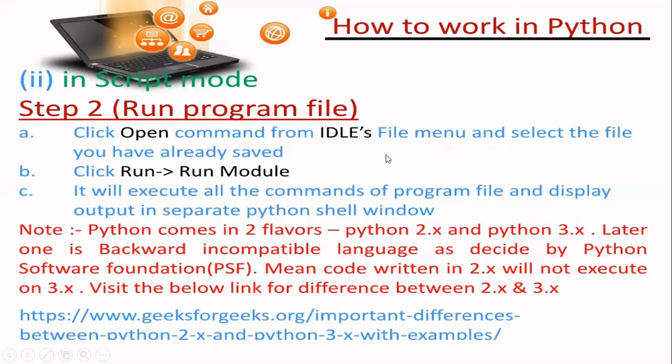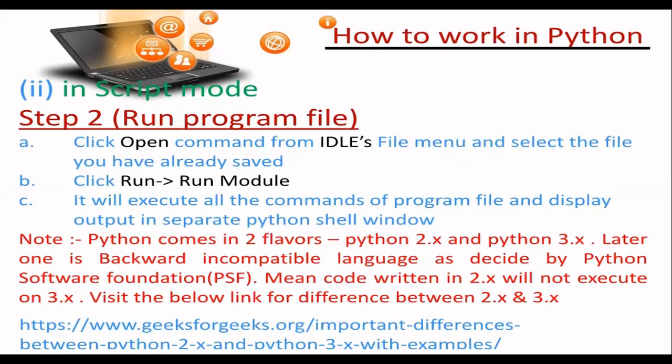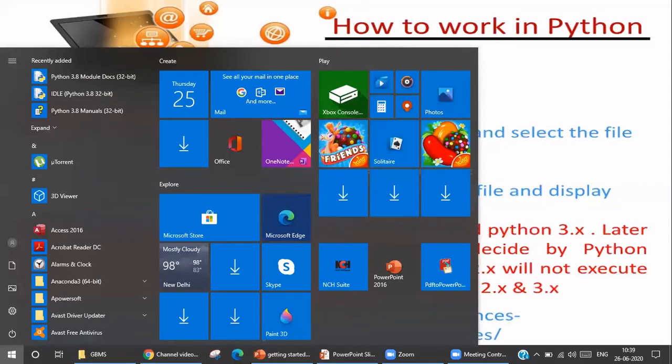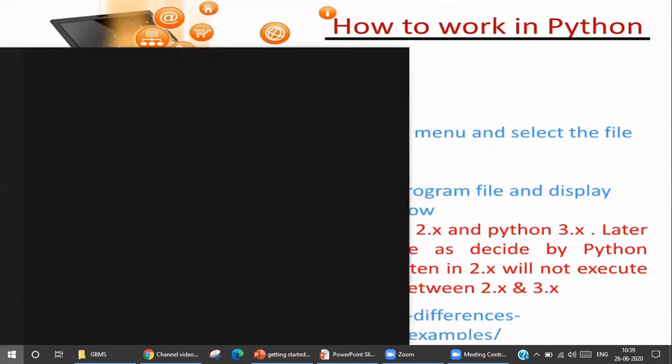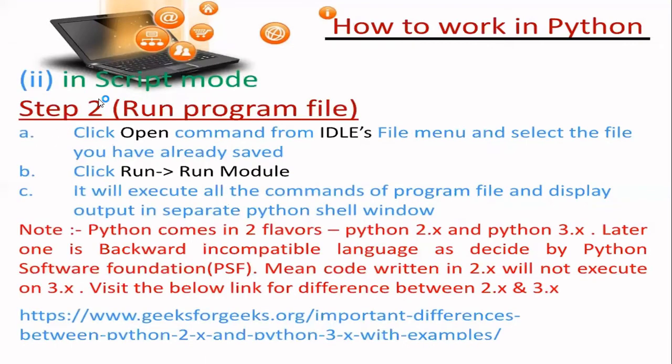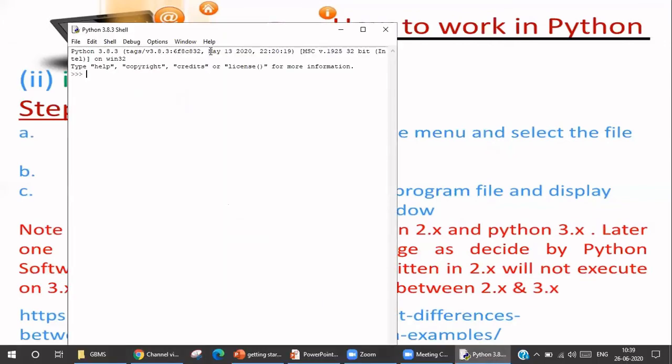So this is installation of Python. How do you check if it's installed though? Click on your start button. I'm just going to share my screen so you can see it. Now you can see my screen. Click on the start button, type IDLE, and when you type IDLE, you should get Python IDLE right here. Click on it. When you click on it, it will open.